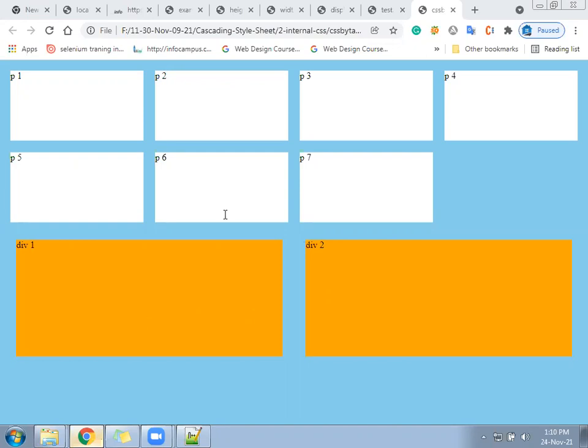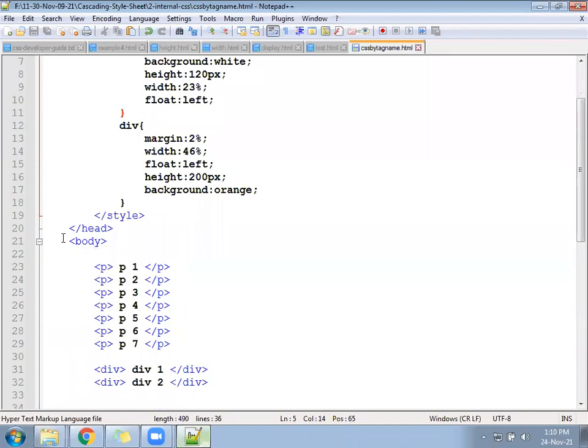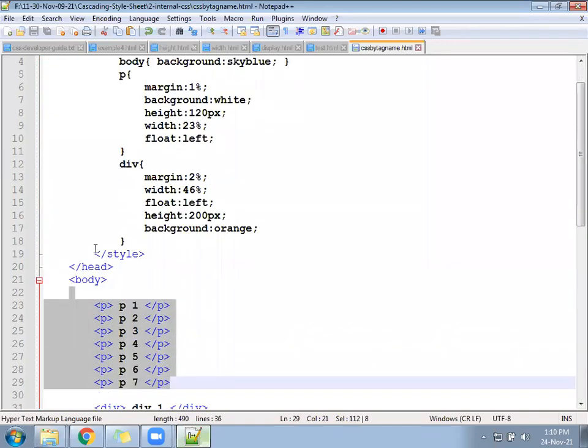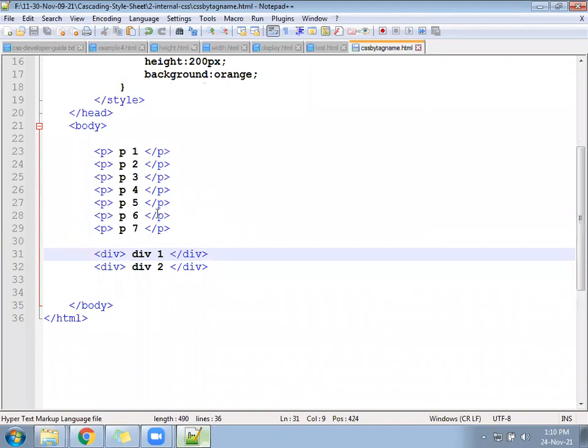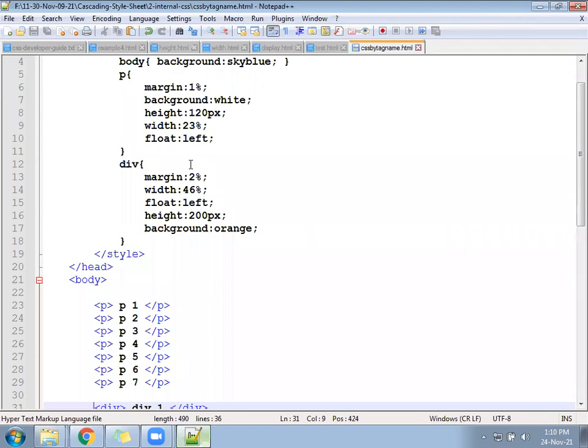Okay. Now let's go. In this file, you have written the CSS for paragraph. It is applying only for paragraph. We have written the CSS for div. It is applying only for div. Right? So this is called CSS by tag name. You are injecting some CSS property for a tag. That tag can be n number of times in the current page, no problem. Everywhere it will get applied. Okay, come now. Write the same.